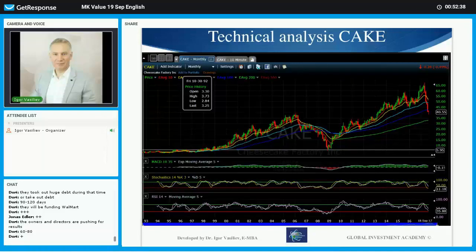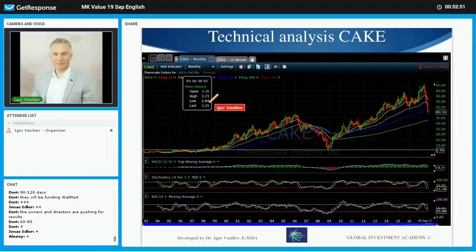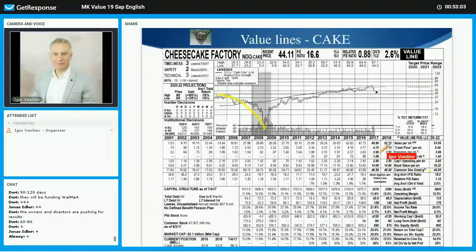Let's have a look at technical analysis. So that's the IPO in 1993, I just created. Open price was 330. During that month, it was fluctuating from 280 to 373. So if you bought it at that moment and kept it until now, their earnings right now